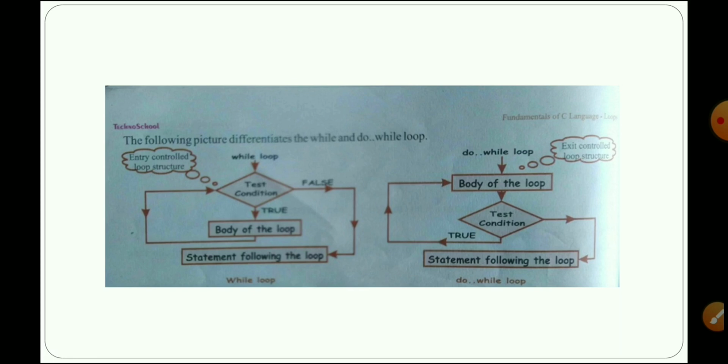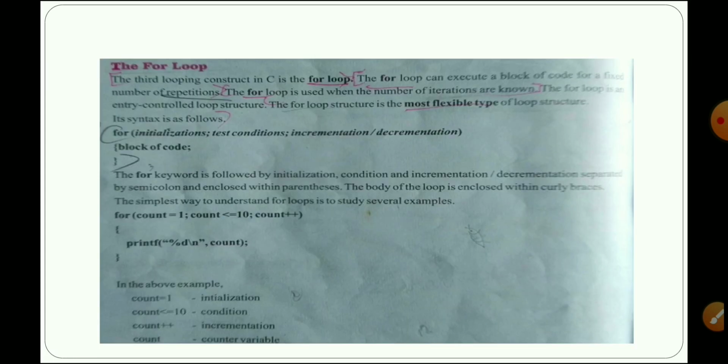Next, the for loop. For loop is for when we have some block of code, with some different techniques in a looping statement. This is the third looping construct in the C programming language.